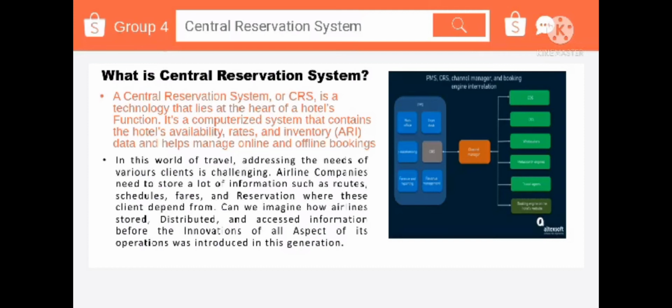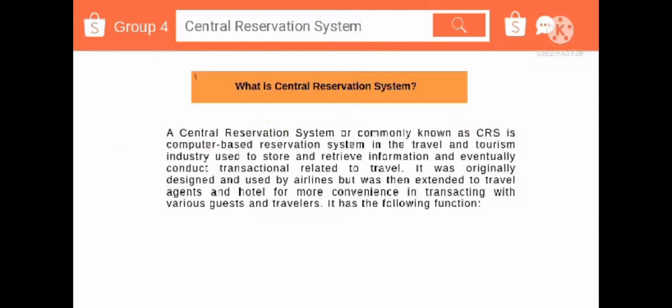In this world of travel, in addressing the needs of various clients, airlines and companies need to store a lot of information such as route schedules, fares, and reservations that these clients depend on. Can we imagine how airlines stored, distributed, and accessed information before the innovation of all aspects of their operation was introduced in this generation? A Central Reservation System, commonly known as CRS, is a computer-based reservation system in the travel